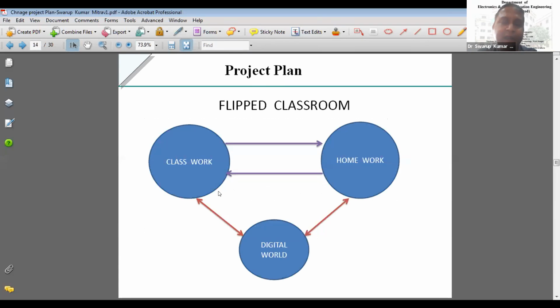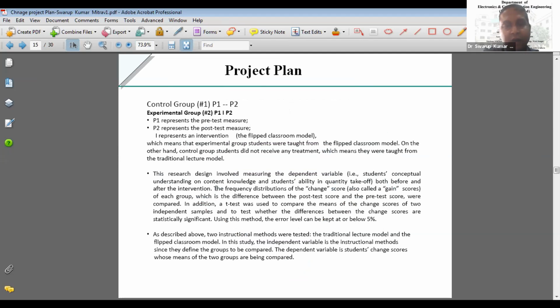What we wanted to do is to have the classwork not done in class, and the homework not done at home. So we have a digital wall in between. Flipped is a concept where the classwork is done as homework and the homework is done in class. We wanted to have discussion and understanding in the classes, so in between there is a digital wall that we wanted to take care of. This is a pre-test and post-test type of thing.